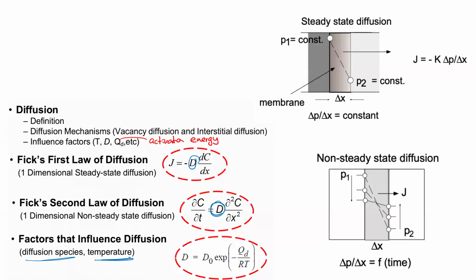And also with the temperature, the diffusion coefficient will change. So it's a function of QD, which is the activation energy, and also the temperature in kelvins. So we can find the diffusion coefficient for a certain temperature, for a certain material using this equation. Does that make sense? These are the three equations that we are going to use today for the